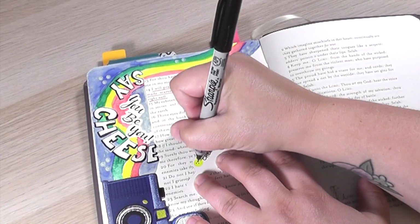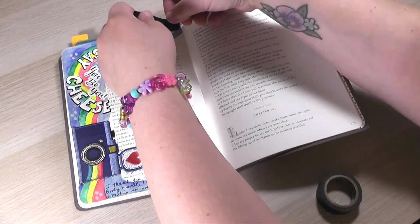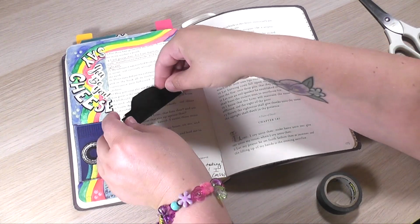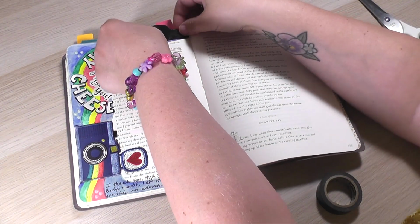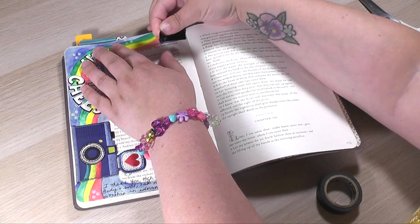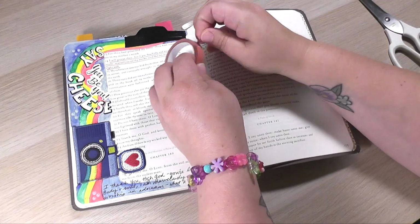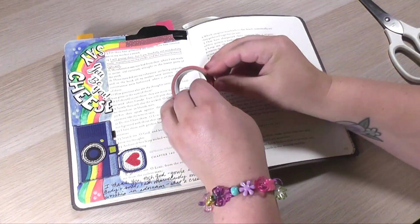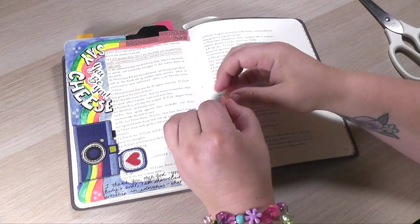Now, initially, I thought I would just stick with black to adhere it to the page there. But after I added it, I decided that it actually looked a little bit dark. So I went ahead and used some of this pink washi tape, and I felt like it actually kind of matched the red on the page pretty well. Just keeping it light. And so that's it. That's my time in this little Book of Psalms book for you,